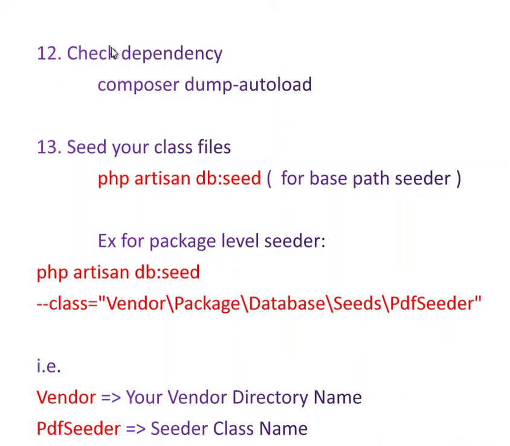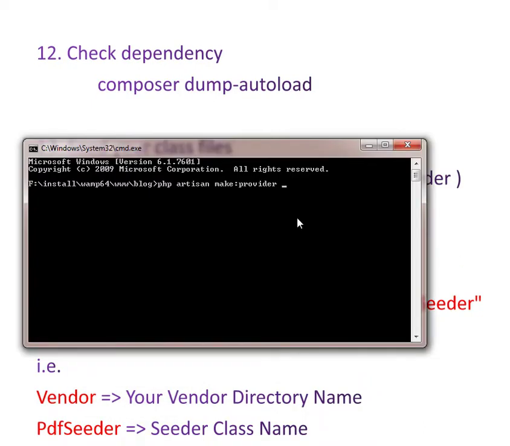After checking dependencies, we also have to publish our provider using php artisan vendor:publish. We have to publish our provider, and the number list is like this: